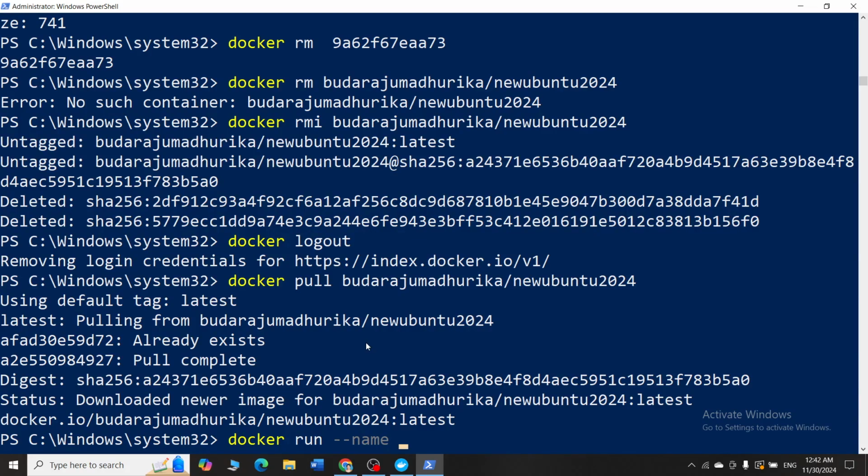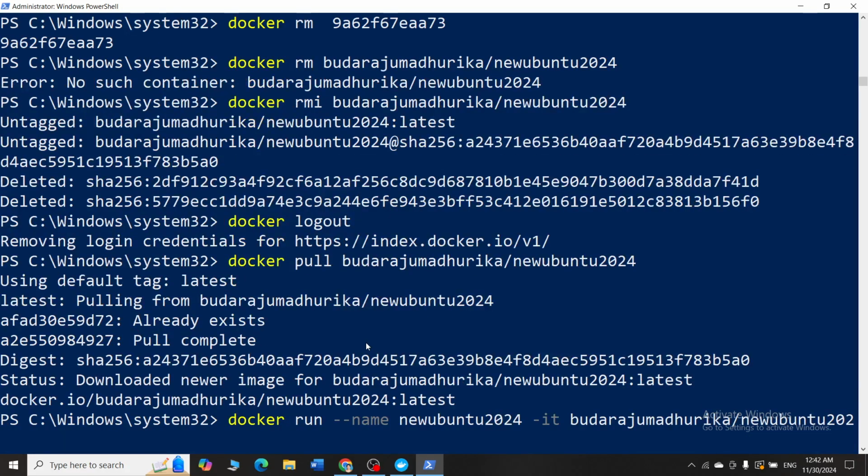And give some name, you can give the same name only, new Ubuntu 2024. And then I'm telling it to open in interactive mode and I'm giving the image name Budharaju Madhurika / new Ubuntu 2024.